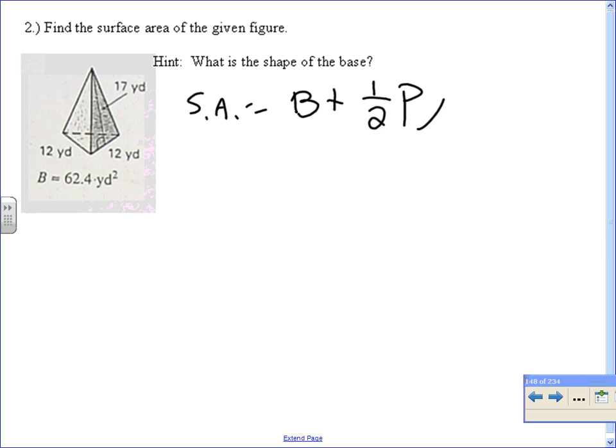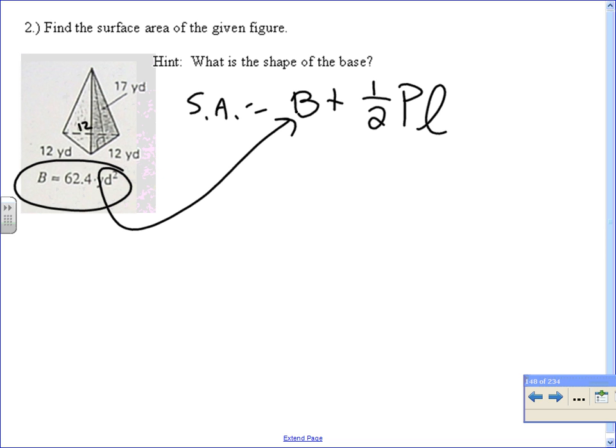Typically you'll have tick marks, but since it's just in the notes, I want you to write down that that third side is 12. The reason I want to do this problem with you is there are times when they're going to give you what that big B is, which is the area of your base. Just plug it in. So we know, because they told us, that B is 62.4